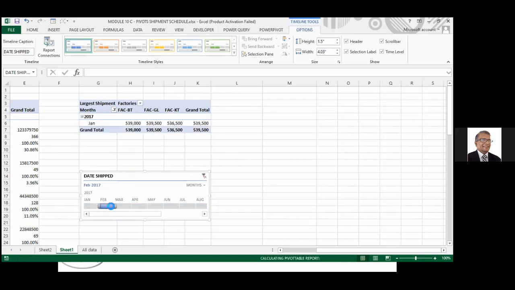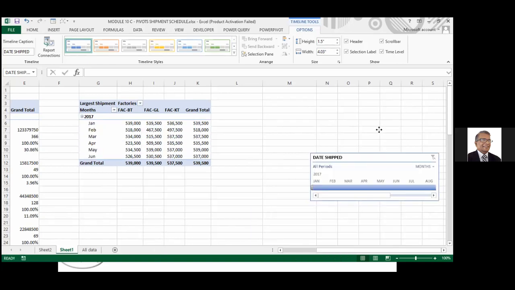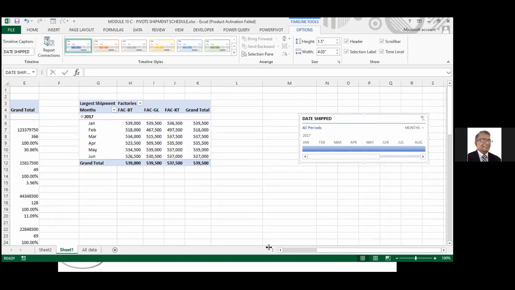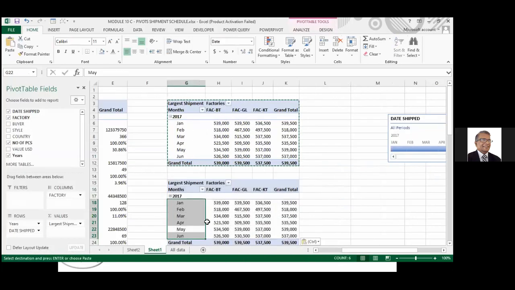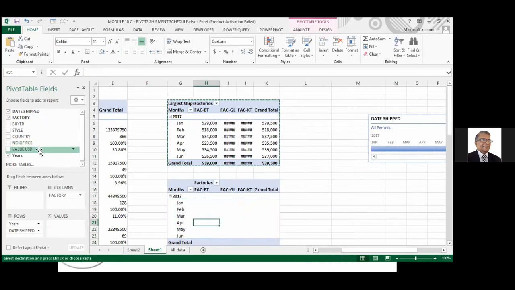January, this is your total. February, this is your total. March, this is your total. If you want from January to April, that's your total. You can expand it. Or you want to see from March to May, there you are. You want to see everything, you click on this. Right. That's the largest shipment. Let me copy this. Control A, Control C. I put it here, Control V. Not the largest shipment. I just want to put the values.